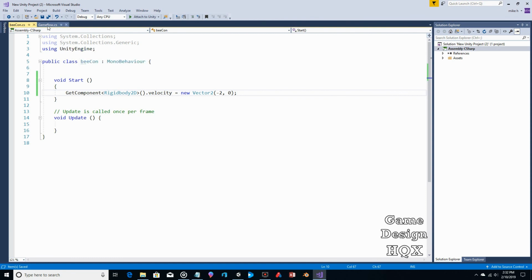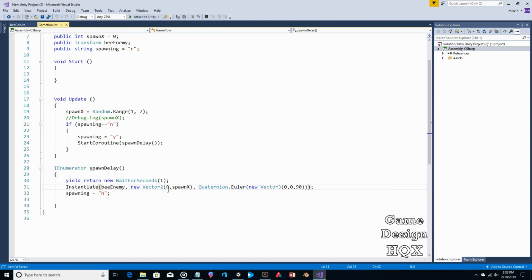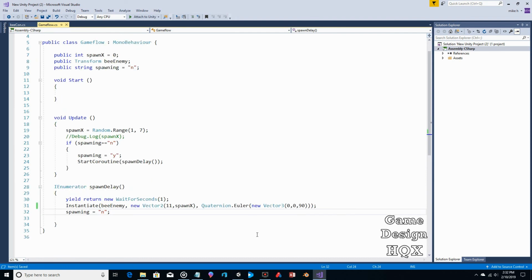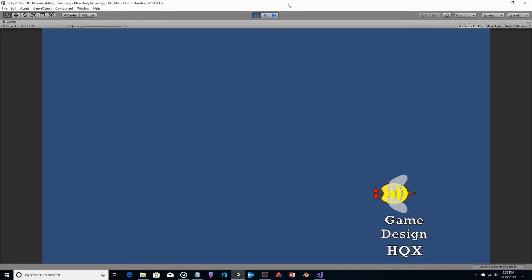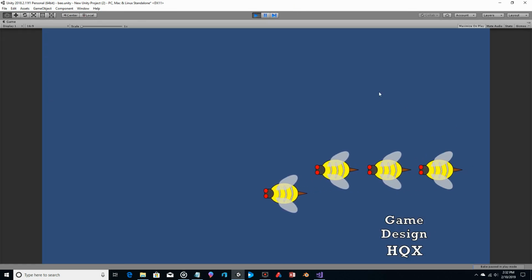And really the last thing is we'll go back to GameFlow. And like I said, we ultimately really want this to spawn off the side of the screen. So let's change it to like 11. So again, what's being instantiated, where it's being instantiated, and the object's rotation. Let's go ahead and do that. Okay, it's still actually spawning. We could go a little bit further, but